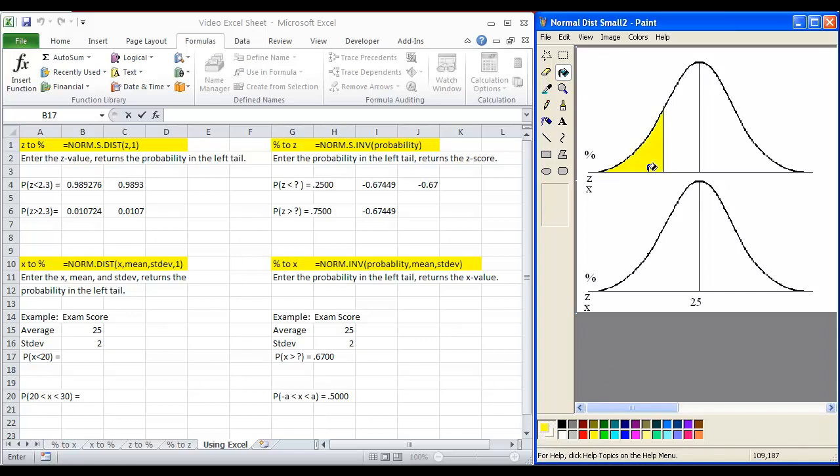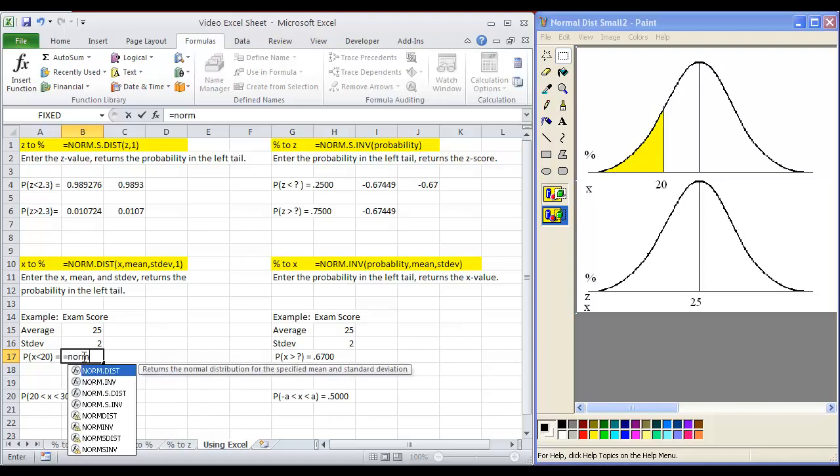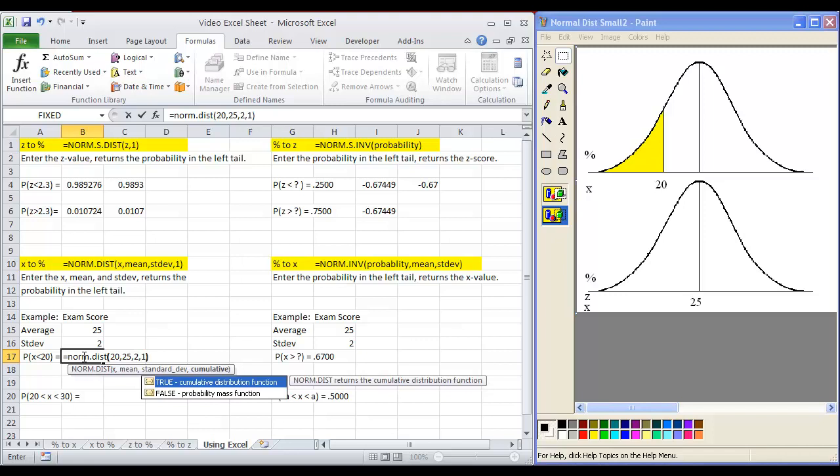Oh, look, lo and behold, we already have something where we're looking for the left tail, so it's going to actually give us our answer. So we know that our x value is 20, right there. So how do we go between these two now? We're going to let Excel do the work for us. So we're going to put in equals Norm.Dist. Our x is 20, our mean is 25, our standard deviation is 1,